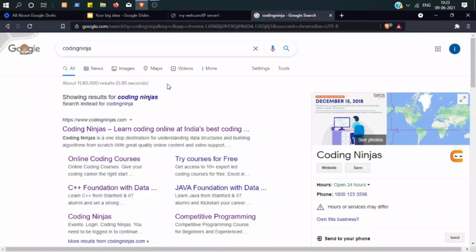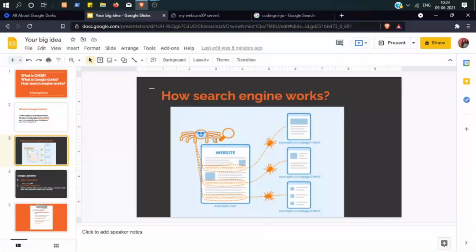First, it will go to the first web page of every website and then other web pages linked to that particular page. And while doing this, it collects all the data and the same process continues for the entire website. This is also known as crawling, as I have shown it over here. You can see first it will go to the very first website and then all the web pages linked to that particular page.